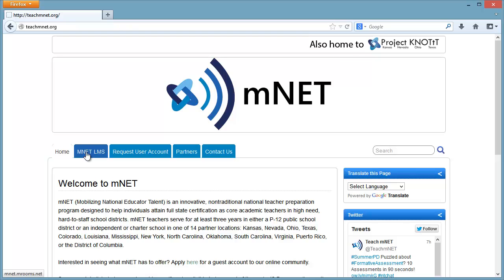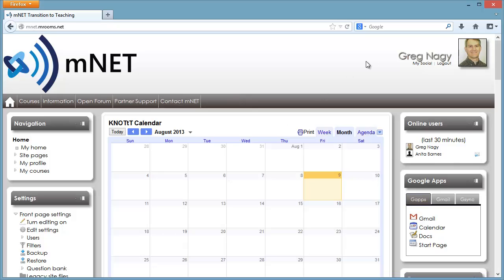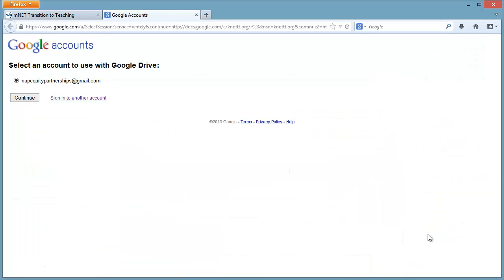So as you can see here, I'm going to go into the teachmnet.org website. I'm going to log in as myself, Greg Nagy. And as I go into here, I have a tendency myself to always check at the top right and make sure I'm logged in correctly. Now if I go into, say, Google Docs and click that,